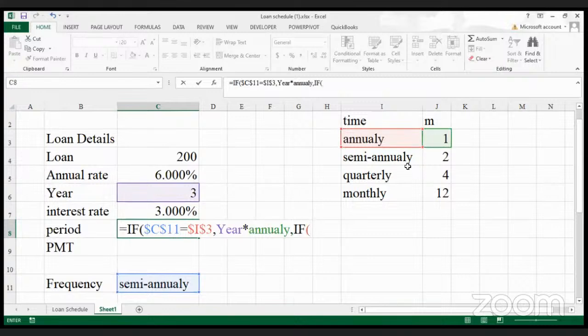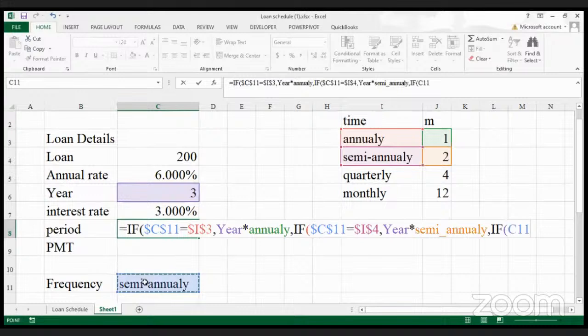If the frequency key is equal to semi-annually, comma, then we take year and multiply by the semi-annual times our frequency, comma, if semi-annually key is equal to,